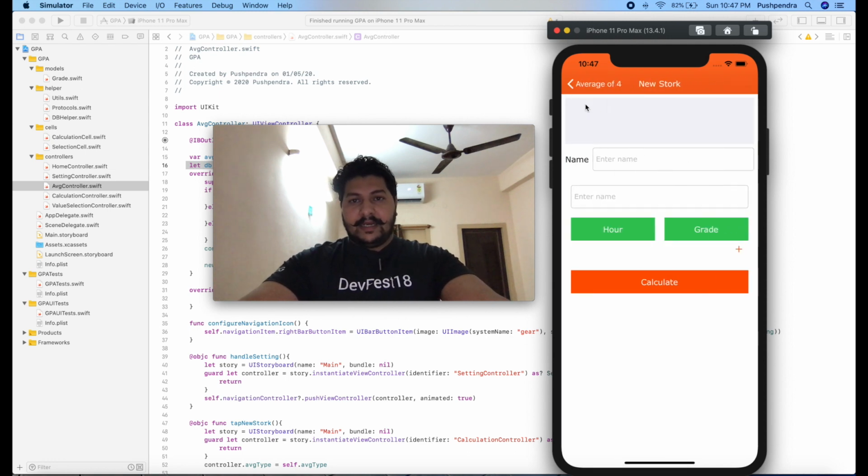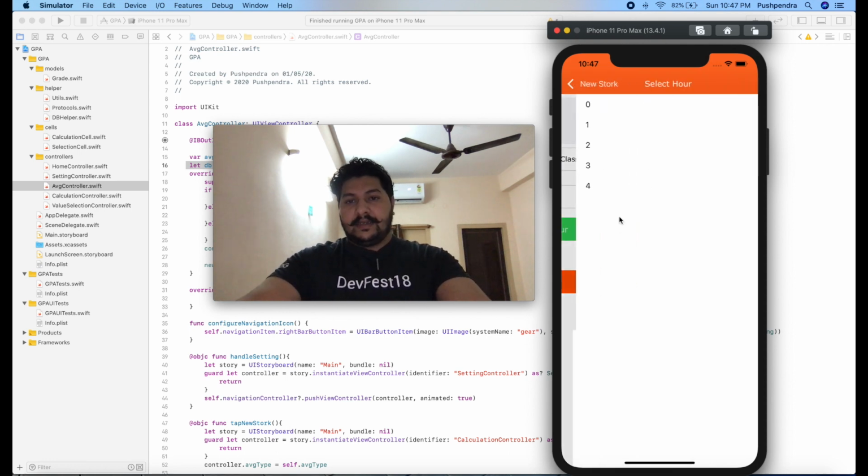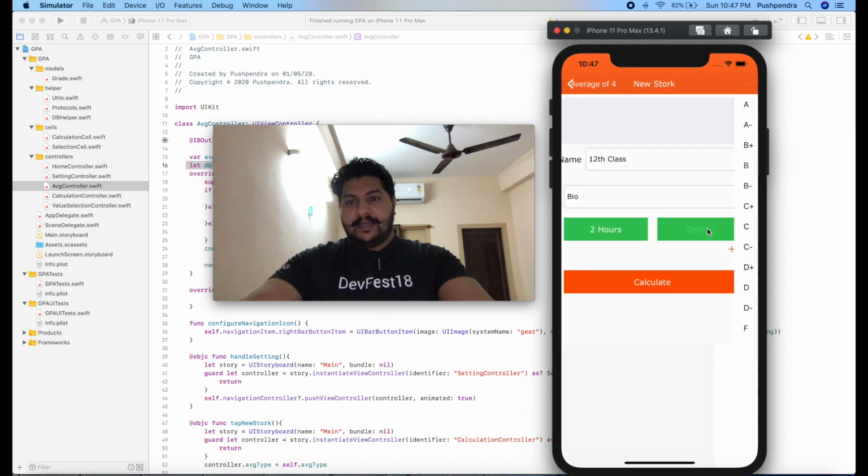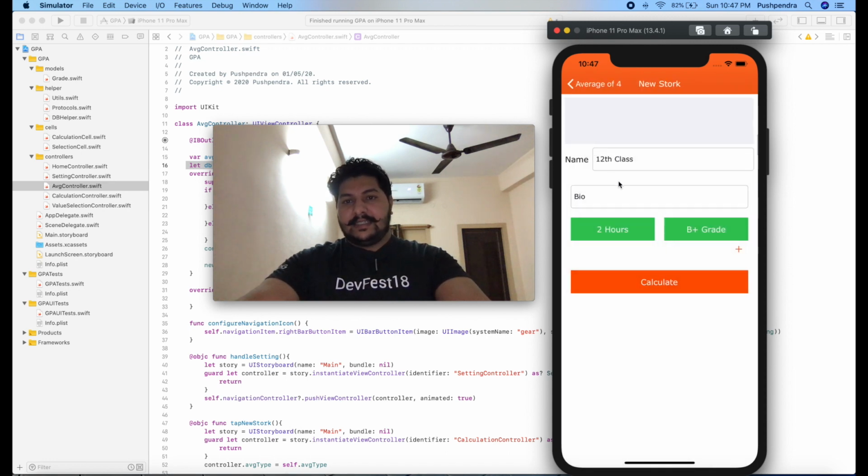This will be the entity for entering some data, like 12th class, and this is name, bio, and here is hours, credit hours, and this is grade.